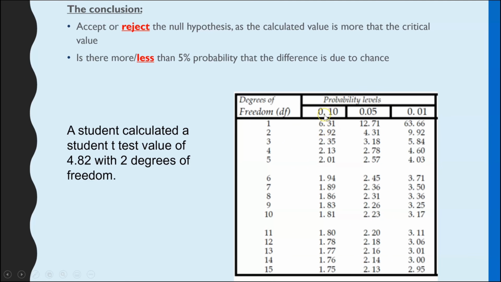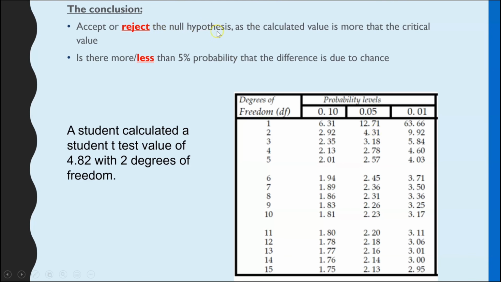Now we can't compare to a p-value of 0.10, because that would mean we have a 10% probability the difference is due to chance. That is too high a probability that it's just coincidence, that it's just chance. So we always use p equals 0.05 as our cutoff to decide if a difference is significant or not. And our calculated value of 4.82 does exceed the critical value of 4.31. So we've exceeded that threshold,